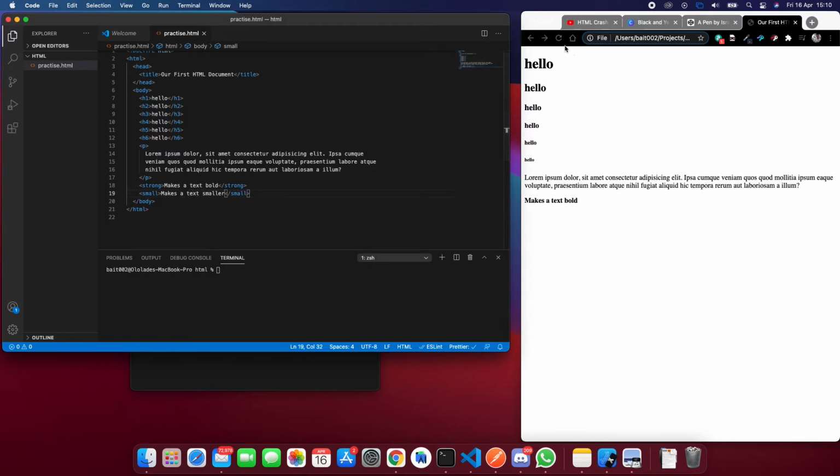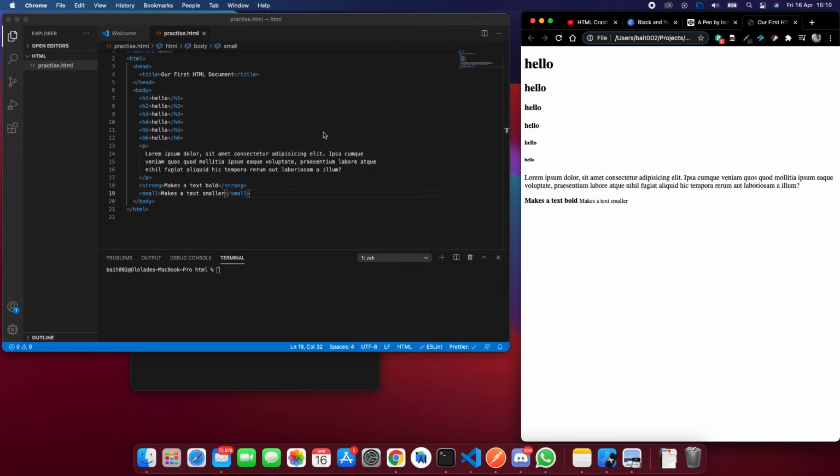So when I reload the page, you're actually going to see that it is coming into play. And as you can see, we're actually going to come to why they are side by side. If you notice, all of the other elements are stacked on top of each other, but these ones are rendering side by side, and that will bring us to the subject of what we call inline elements and block level